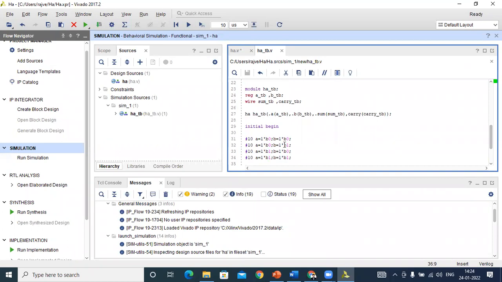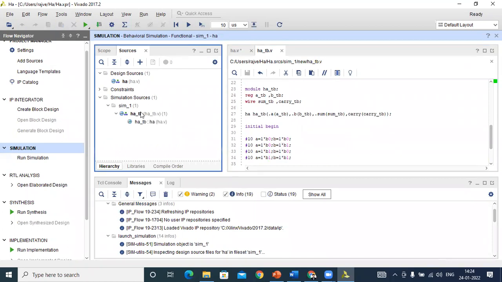This one is our top module. In every hardware design, the test bench is our top module, because with the help of the test bench we can check our design. With the help of the test bench we apply our input, and those inputs are analyzed with respect to the output.